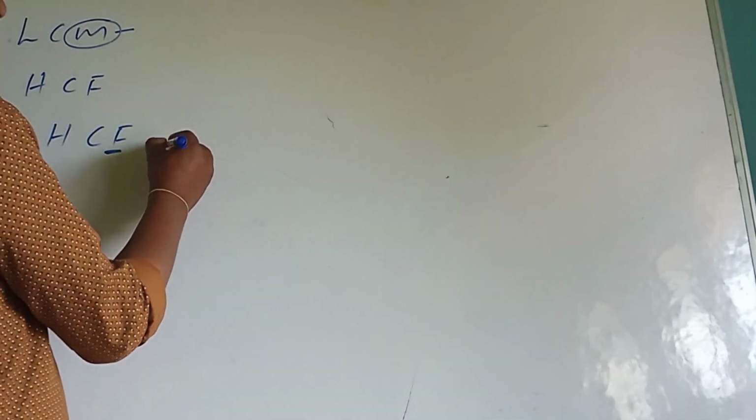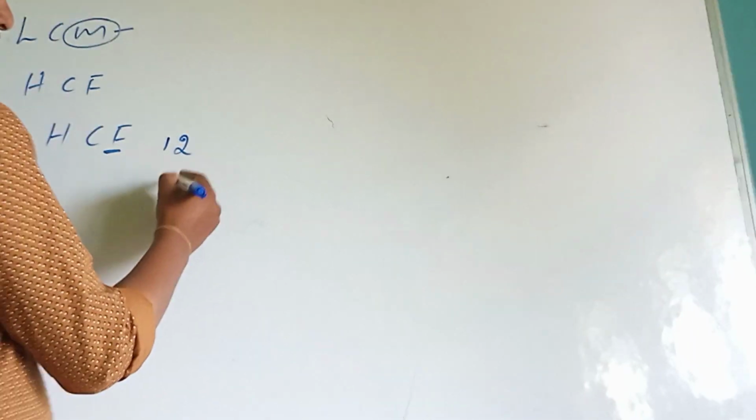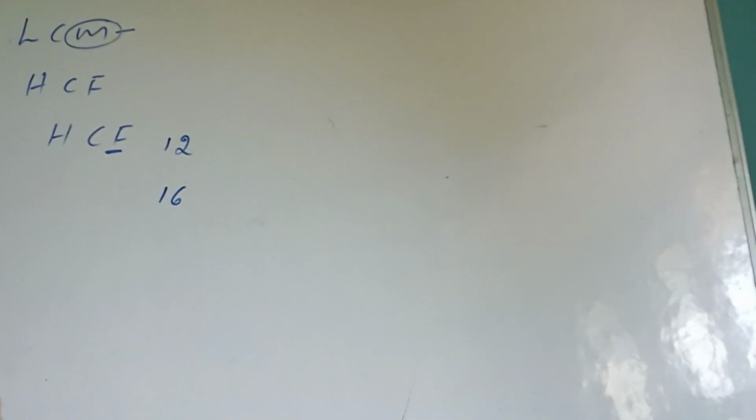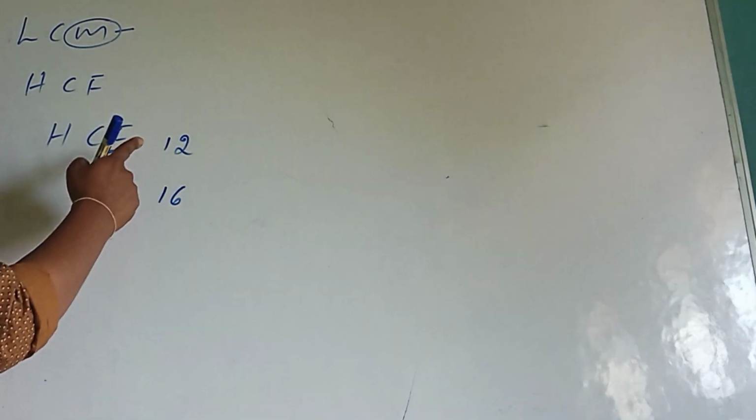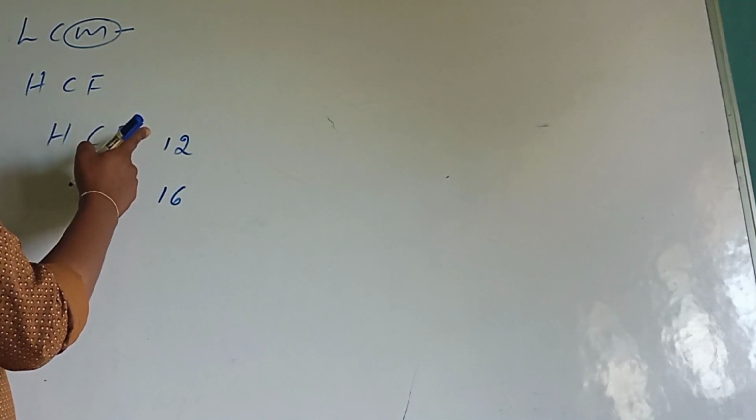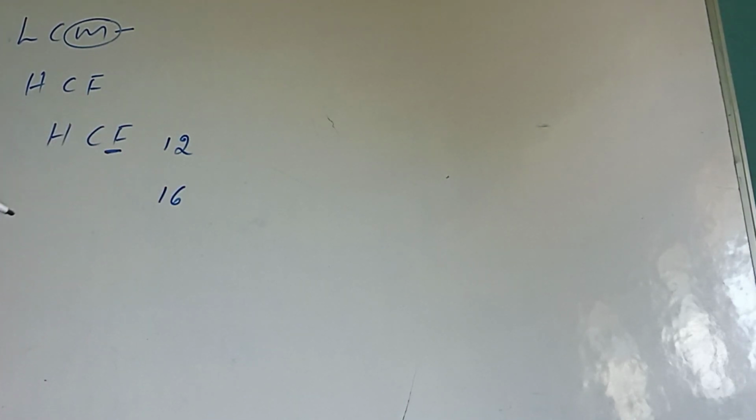For example, 12 and 16. For 12 and 16 we have to find the factors. How do we find the factors? By using the divisibility rule, it must be done. Using the divisibility rule we should find the factors of 12 and 16, then only we can identify the correct highest common factor. Otherwise, if you write them using tables like 6 twos, that is a wrong method. When learning factors, we should use the divisibility rule.